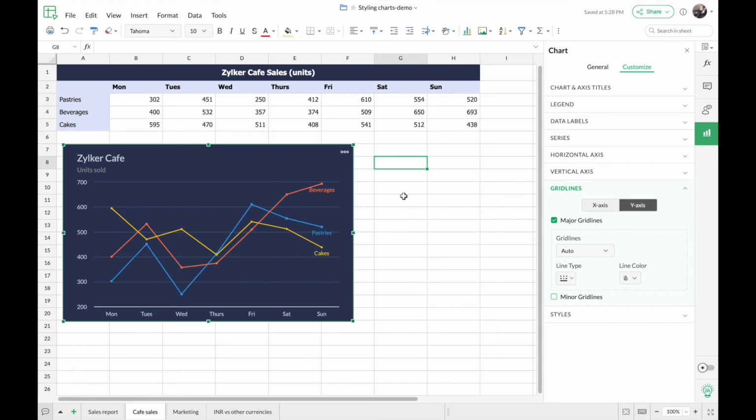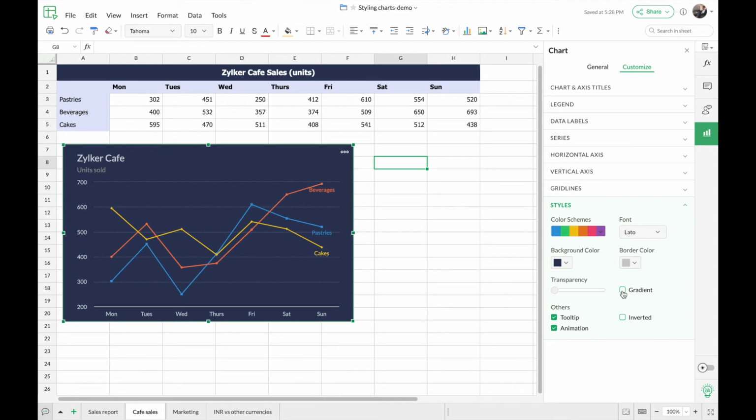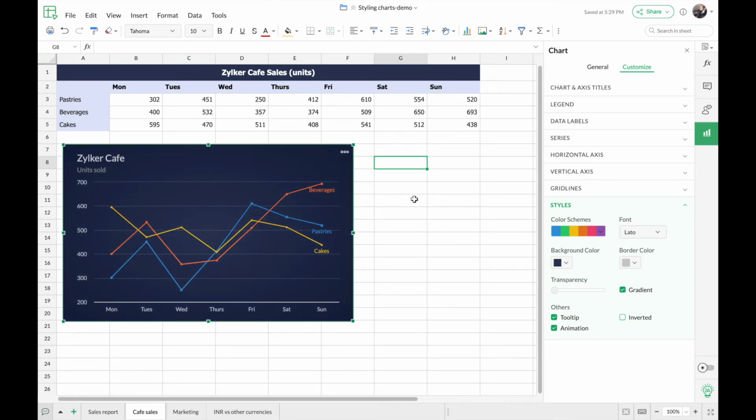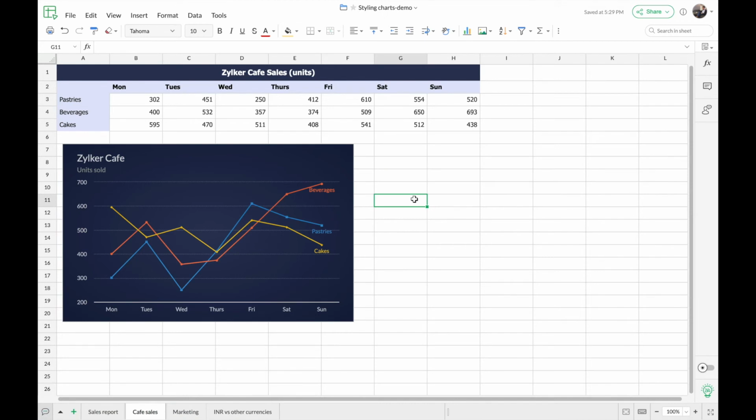And now that we have done all the customizations needed, just like we did previously, I'm going to add a small visual lift for this chart by using gradient. So here I'm just going to click on gradient. There we go. Now you can see how the line graph looks visually more appealing and effective. You can see how the line graphs are prominently displayed, and you can see the series labels right beside each line, so it's more clearly comprehensible as well.